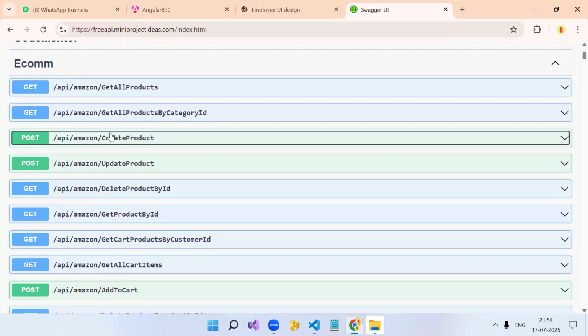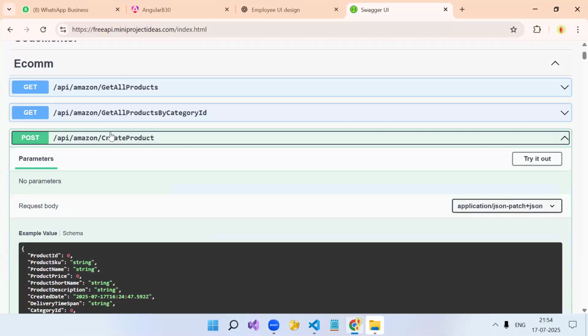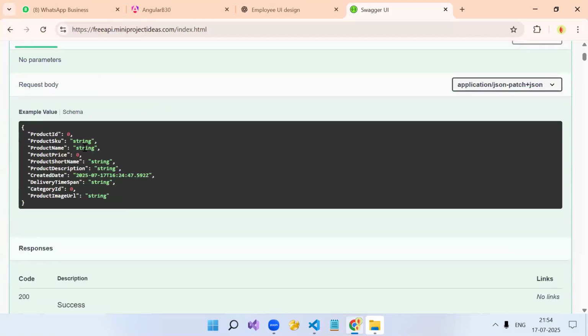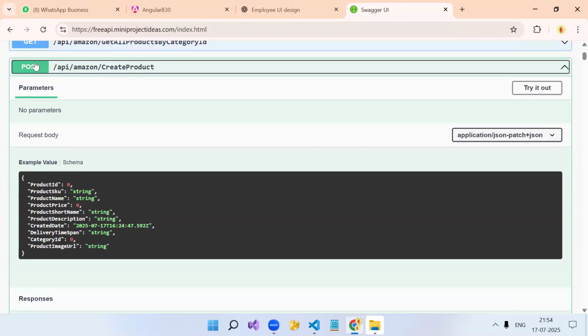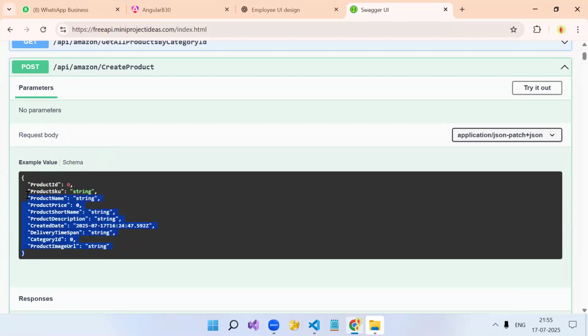Listen. Every time you are performing any CRUD operation, if you want to create an object and bind it to the form, what object will you choose? The post one only, not the get one. Doesn't matter if the post and the get are the same, you always have to copy this. There is a chance that the GET API will have some extra properties. Now, do we have category name in the post object? No. Category ID is there, but category name is not there.